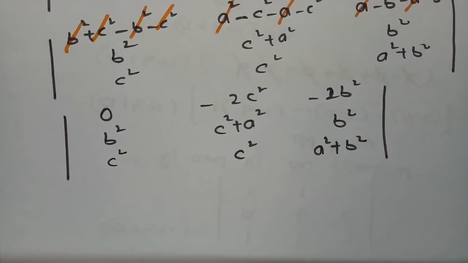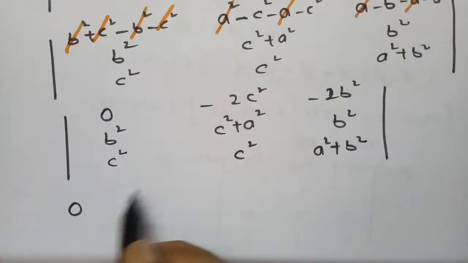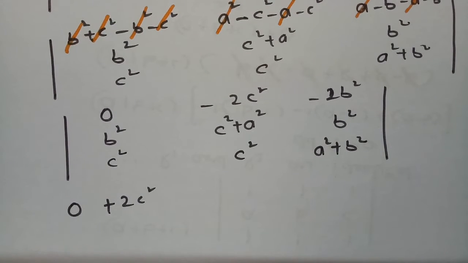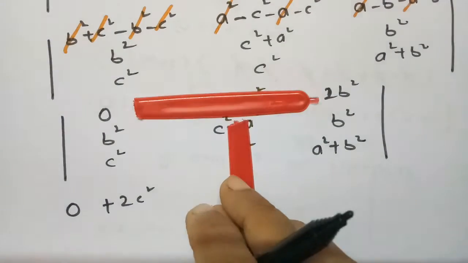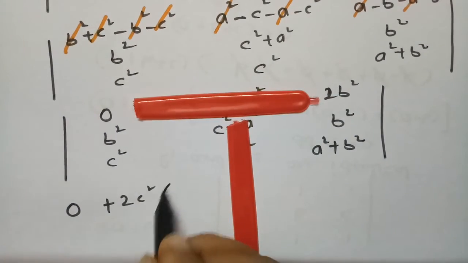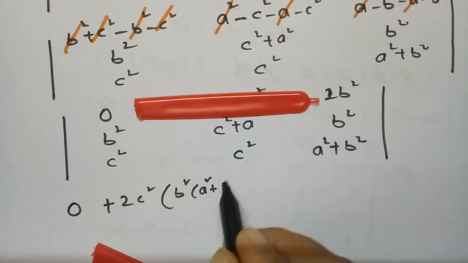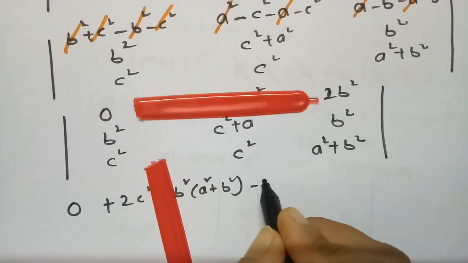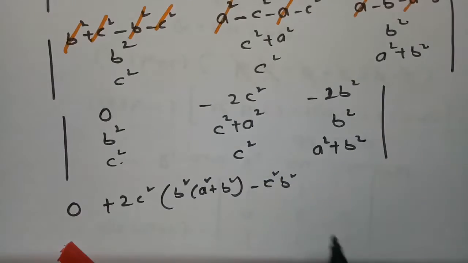Now we have to find out the determinant, that is 0 into the first determinant, and the second one is minus of minus plus 2c square times of. If I close this row as well as this column, then what remains here? So see here, b square into a square plus b square, and minus c square b square. So we have to multiply these two. And for the next one,